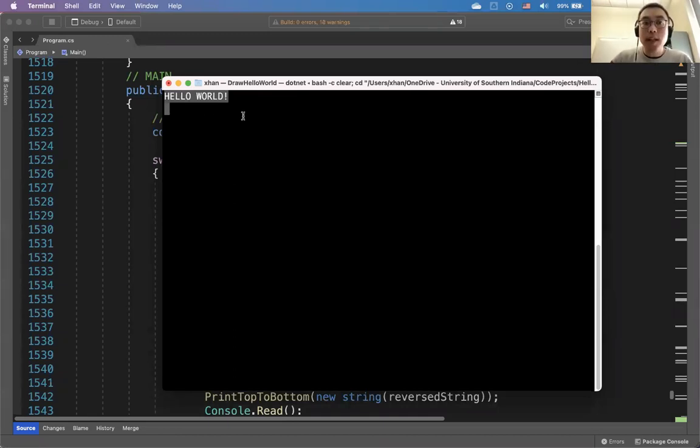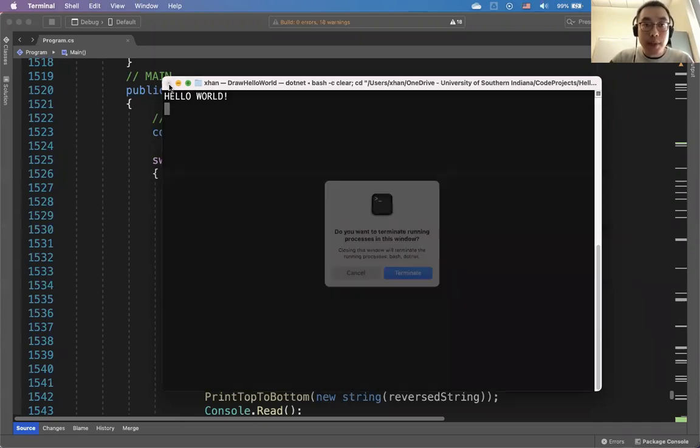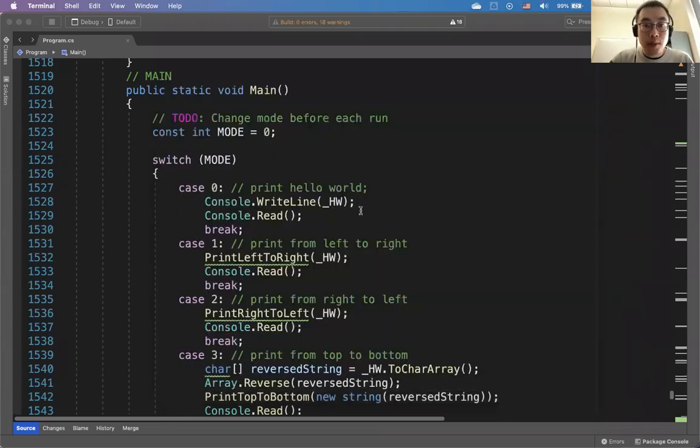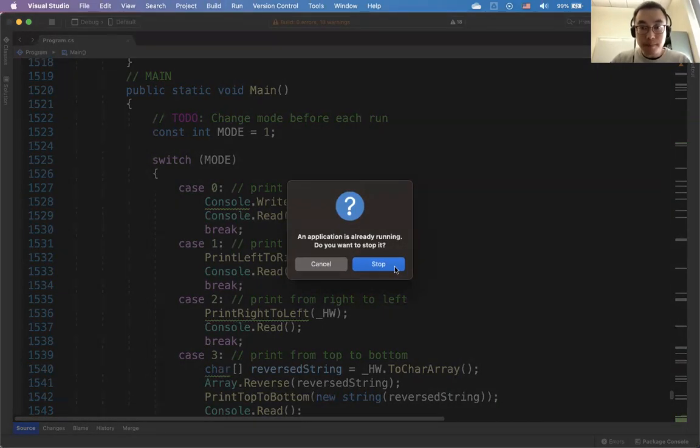But of course, it doesn't have to be this basic. It can be more challenging and it can be more exciting. So in the next version I'm going to show you, it's still going to print out Hello World, but this time I'm going to print one character at a time, and the characters are printed from left to right. Now I'm going to change the mode to 1. If I rerun the program,